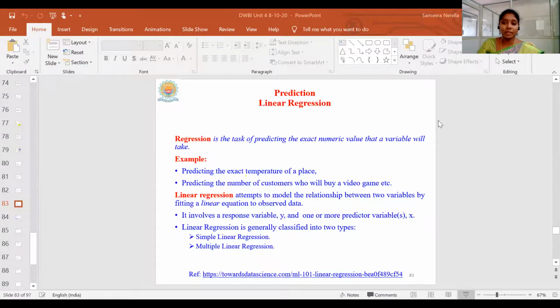But that is my temporary aim, for example. So it depends on the interest of the classification. Out of two classes, we can fix one class as the positive class and one class as the negative class. Then what is this predicted version and what is this actual version? Let me explain that.